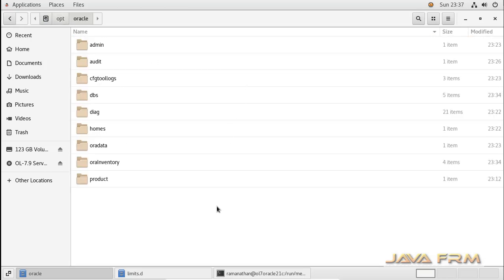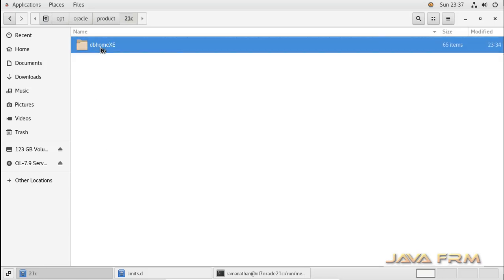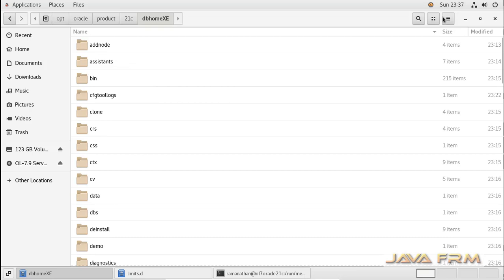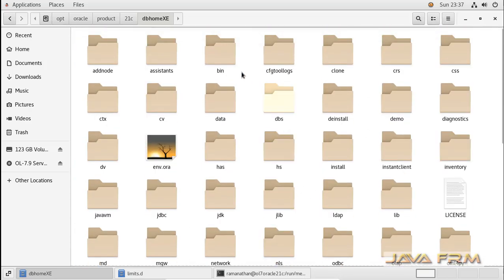Here you can see this is the directory structure of Oracle Database 21c Express Edition, and this is the home directory of database XE.